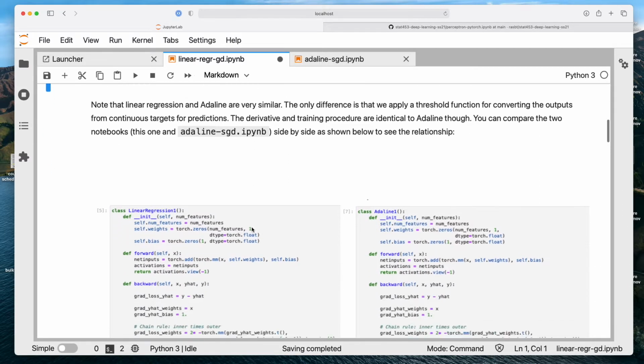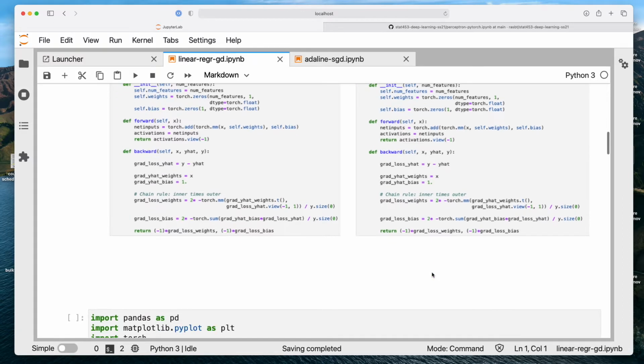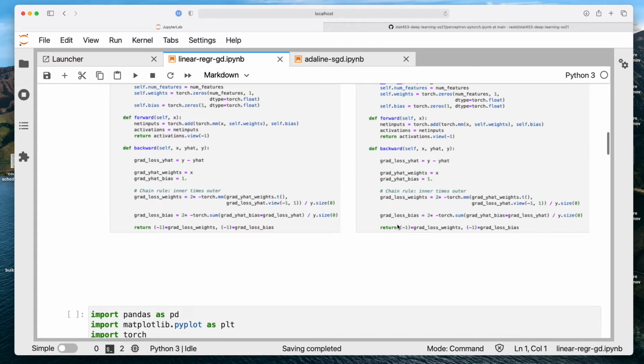So here on the left-hand side, I have an overview of the code that I'm implementing below. So now these two are exactly what I implemented in these two notebooks. I was just screenshotting it to show you that they are indeed the same. I have them on the left-hand side as linear regression, on the right-hand side as Adaline, and they're exactly the same code, except after training, we can, for Adaline, then use a threshold function to produce the class labels. But note that these are indeed the same codes that I used here. So we will go over these codes, of course, in this notebook.